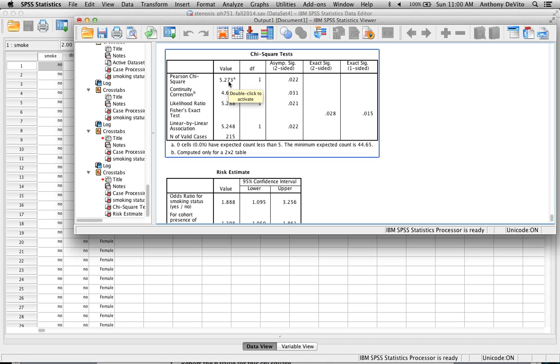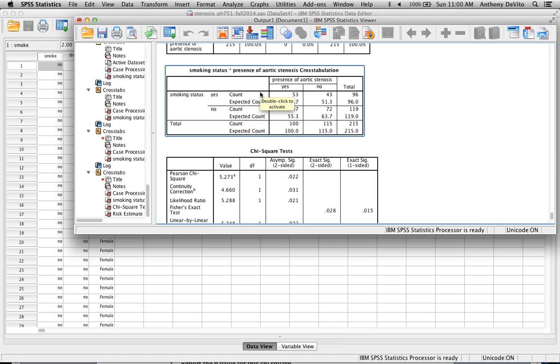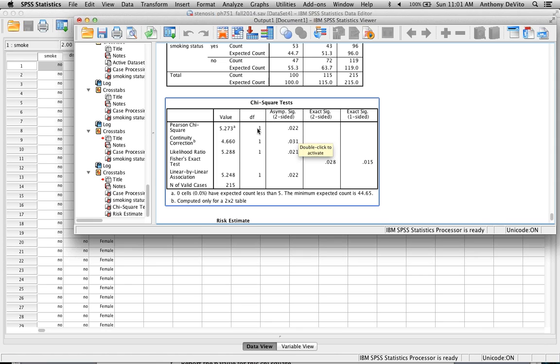Now, if we're not using SPSS, we would go to a table which compares the critical value of chi-square for the number of degrees of freedom. Degrees of freedom for this analysis are 1. That's determined by the number of rows and the number of columns. The degrees of freedom are the number of rows minus 1 times the number of columns minus 1. Well, 2 rows minus 1 is 1, 2 columns minus 1 is 1, 1 times 1 is 1, so the degrees of freedom are 1. We go to a table where we can look up the critical value of chi-square and see if our value of 5.2 exceeds that. I happen to know that it's somewhere around 3.8, so it does exceed it,